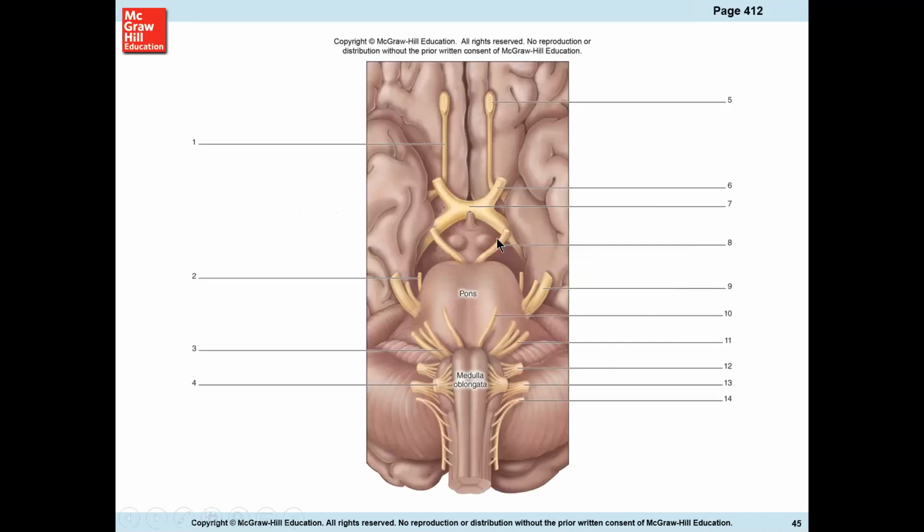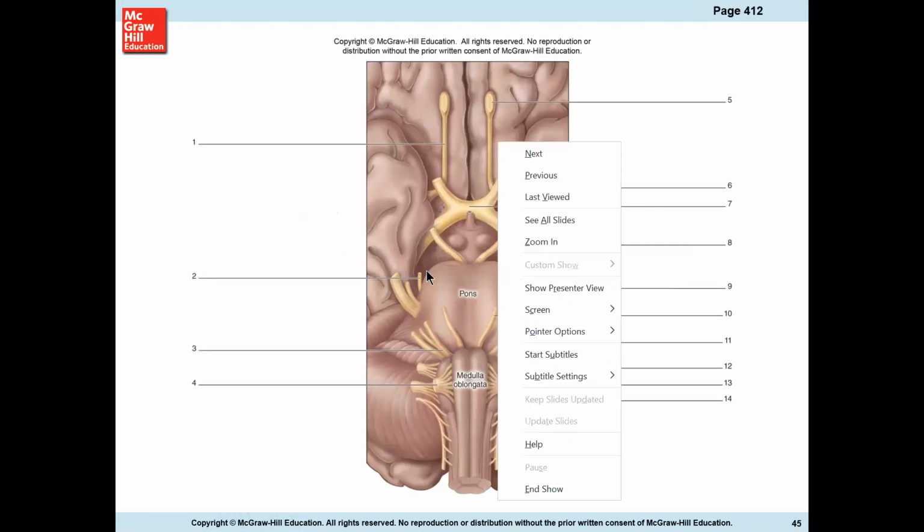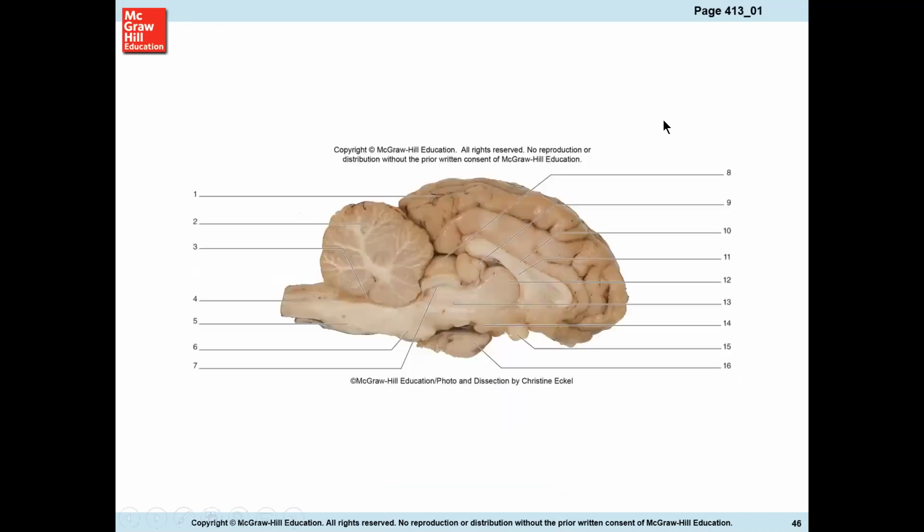Okay, so again, this will help you with your cranial nerves if you want to go through this, but we're going to do this in APR. Okay, more practice that you can do within that